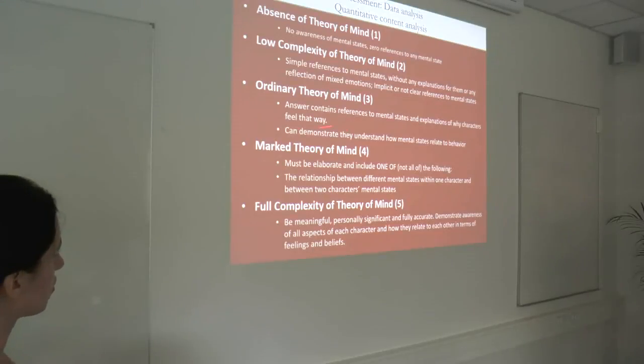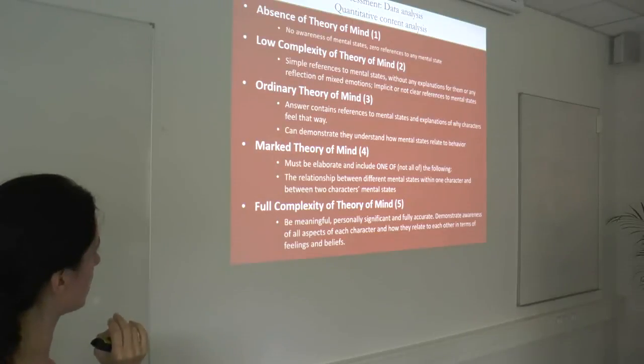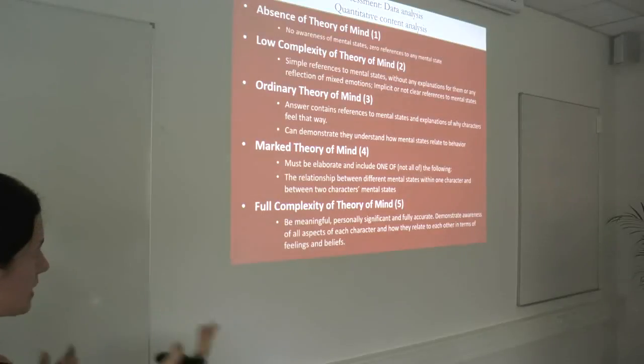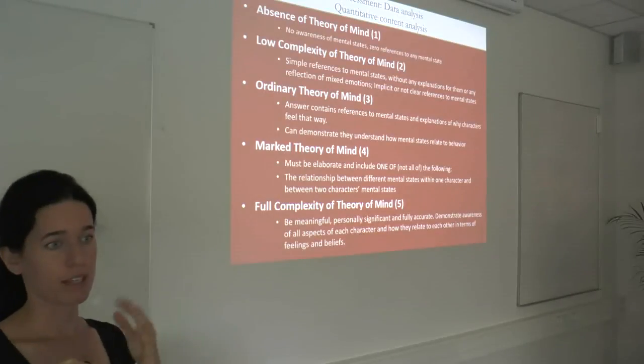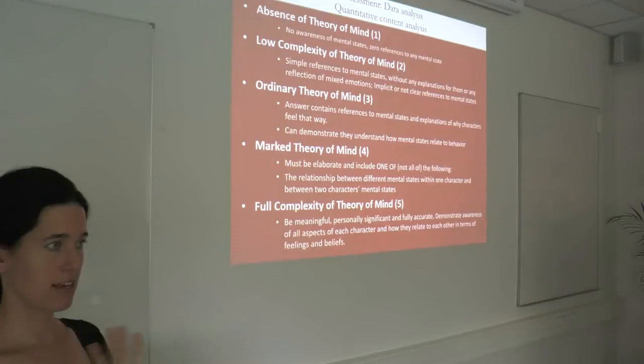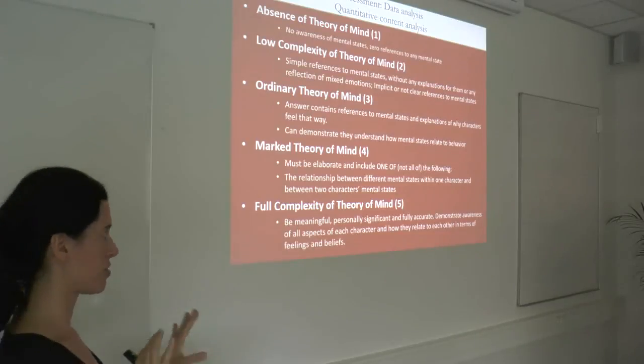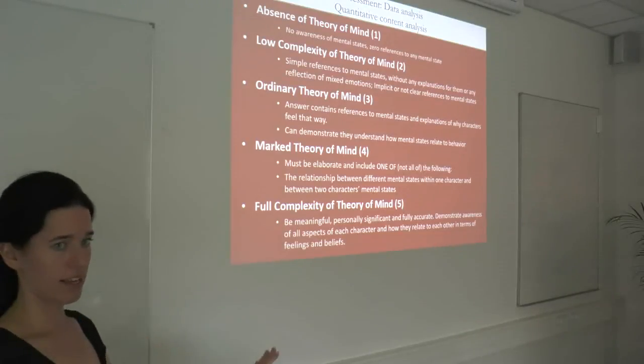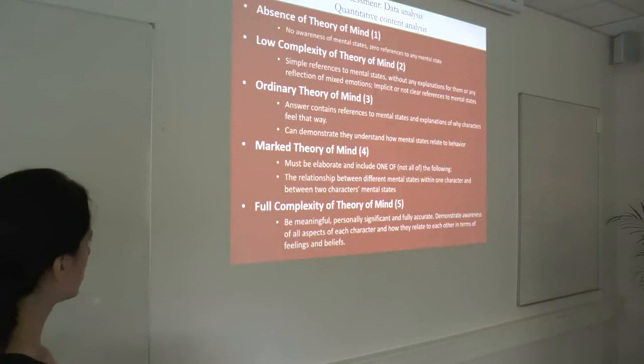There is the ordinary theory of mind that goes beyond the usual mental state references and can show the awareness that the mental states affect each other, so the mental state of the father affects the mental state of the daughter. Marked theory of mind,